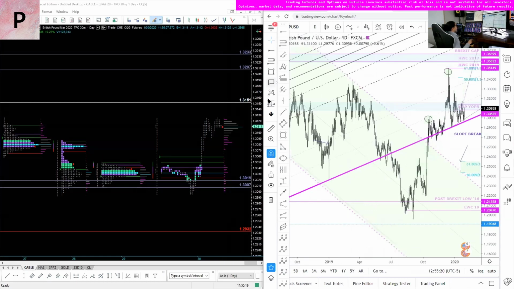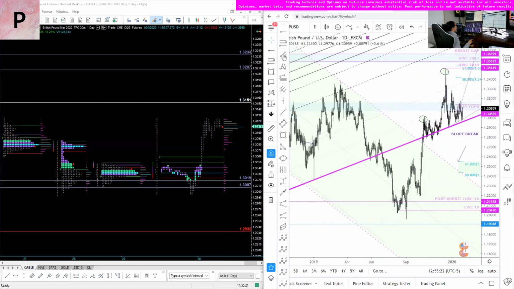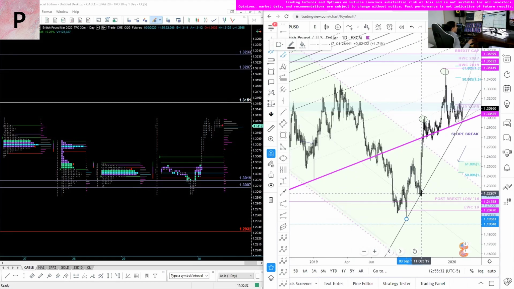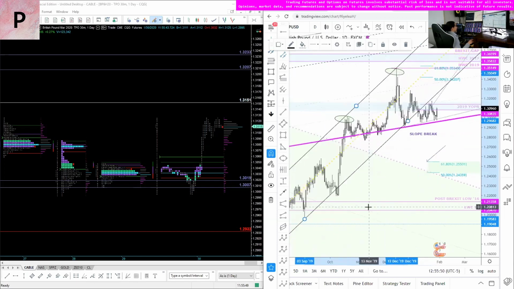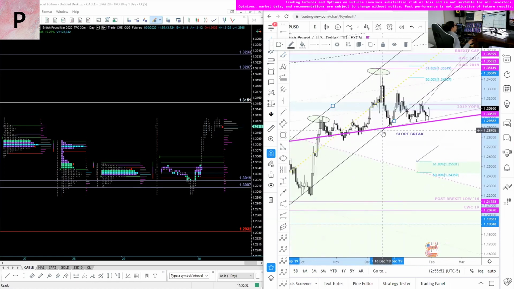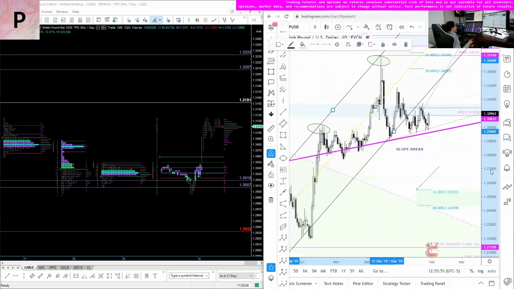But let's show you how I drew this parallel again. Okay, I take my parallel here. I hit the low of that swing low. And remember, this didn't happen yet. This was here because I drew this parallel at the beginning of last month to the high of the year here. So you can see there we have a parallel channel with a midline, and you can see something very important